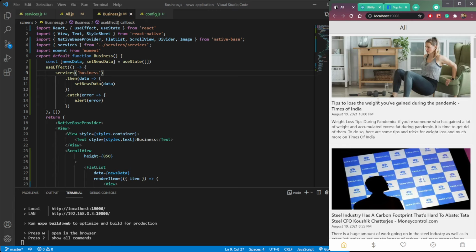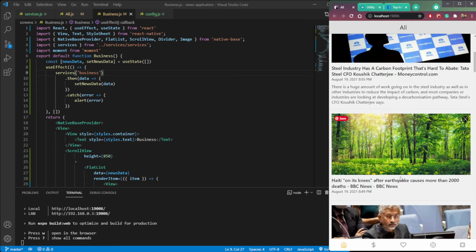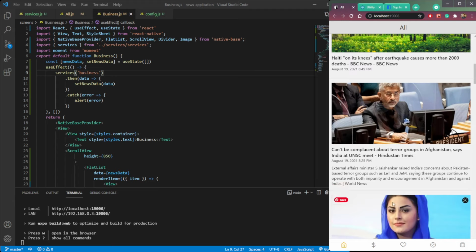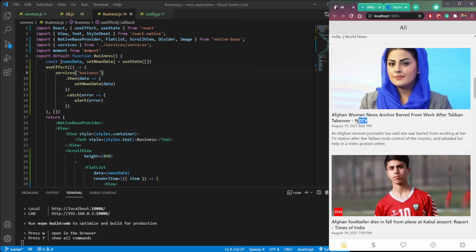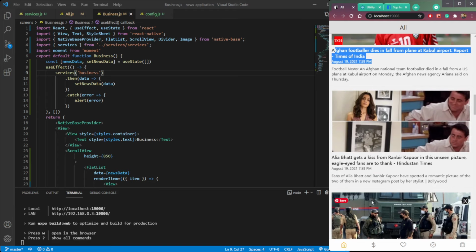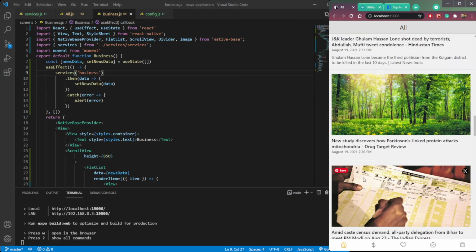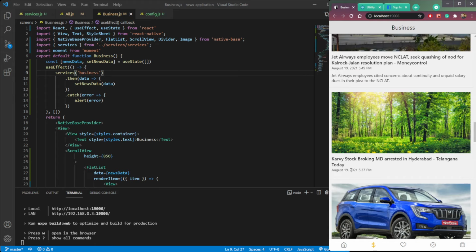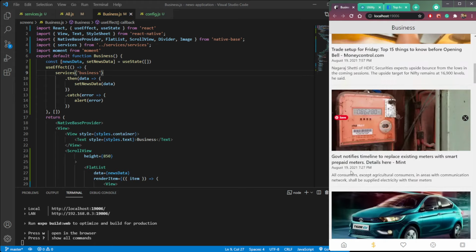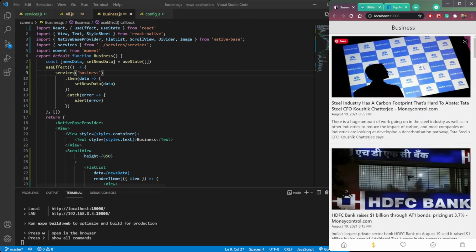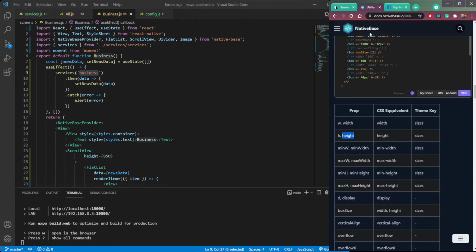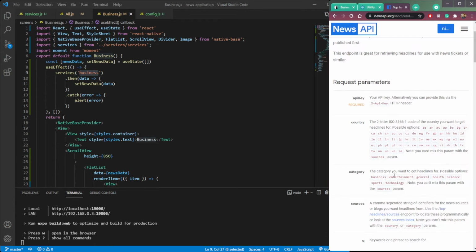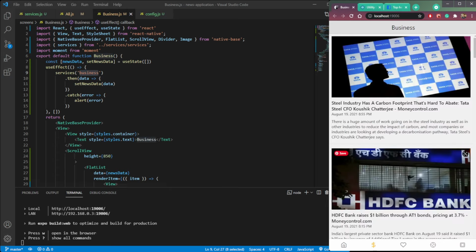So in this one we are getting health news, business news, this news, sports news here, entertainment news here. But in this section, this business news, we are only getting business. So we need to pass these keywords here like business, entertainment, general, health, science, sports according to the screen.